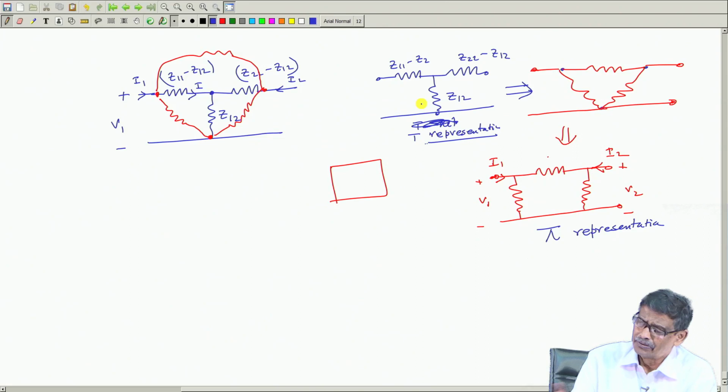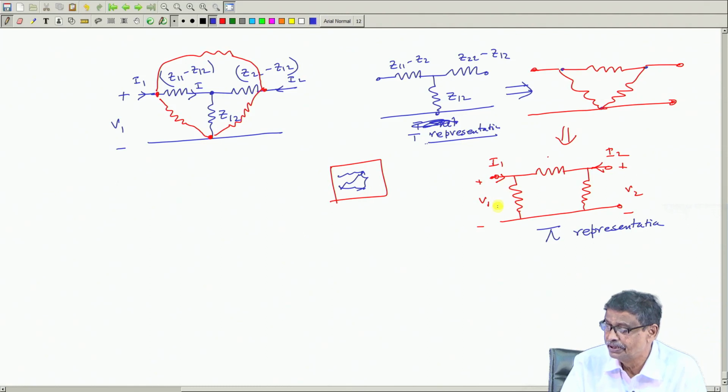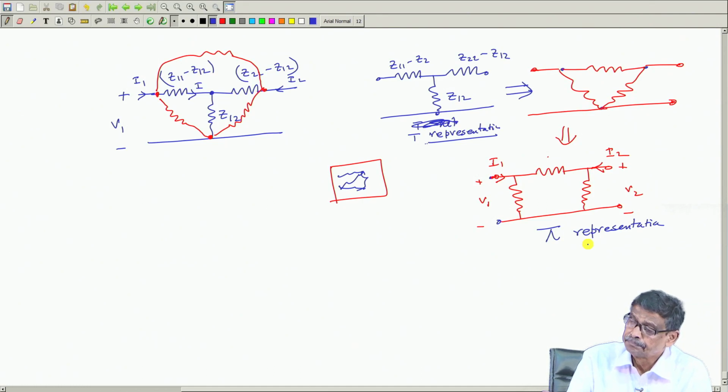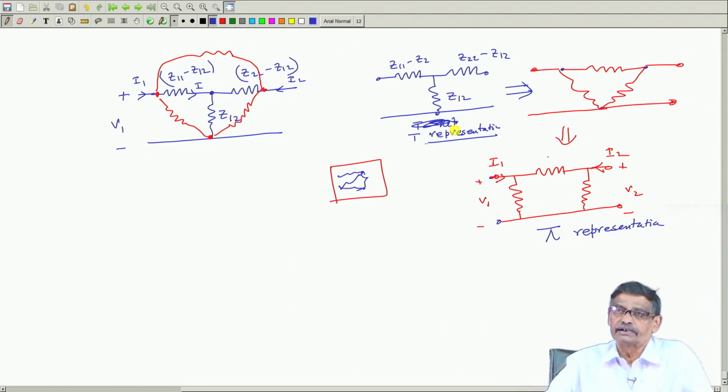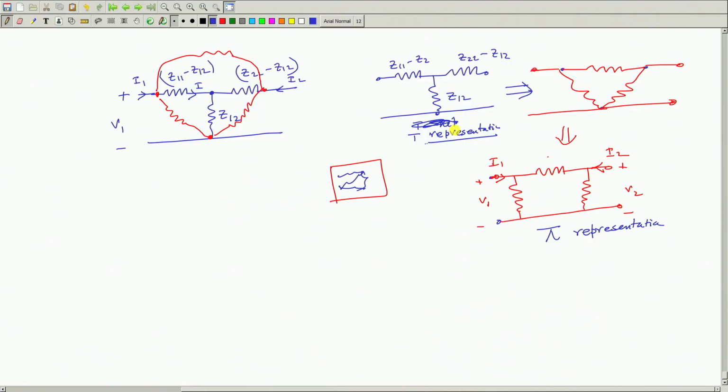Therefore, remember, however complex the way the impedances are connected inside, eventually, with respect to the input and output ports, you can consider some lumped parameters connected in T fashion or delta fashion, pi fashion, and this is widely used in power system representation. And we will continue further with our discussion. What do I mean by series parallel connection of 2 port networks, in my next class. Thank you.